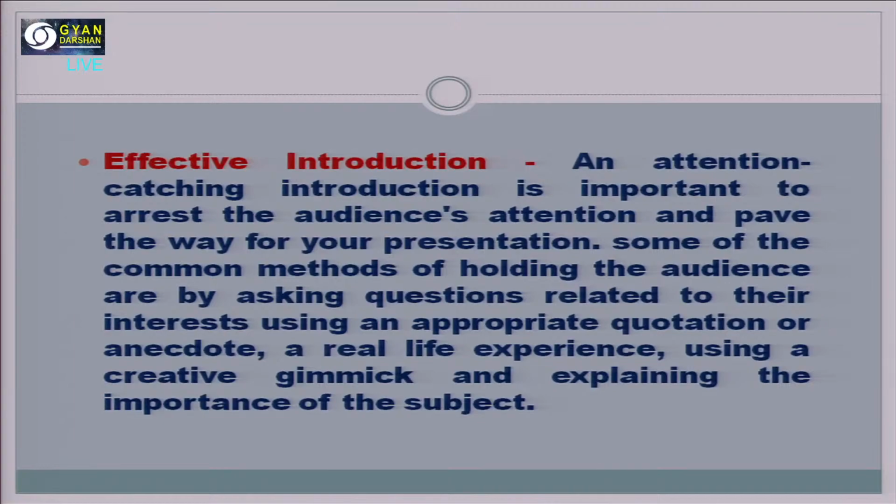Another very important tool is an effective introduction. In the beginning, you had introduced me as Dr. Grace Don Namching from School of Extension and Development Studies, which was a very effective introduction, because when you are a public speaker who has to speak on a particular topic, you are going there as a person who has certain expertise in that area, or as a resource person. So a lot of the audience may not know you, a lot of the audience may be strangers to you, so it is very important that there is an introduction given